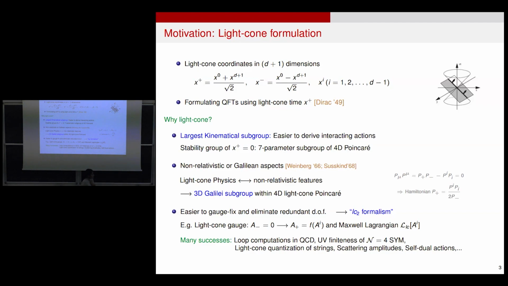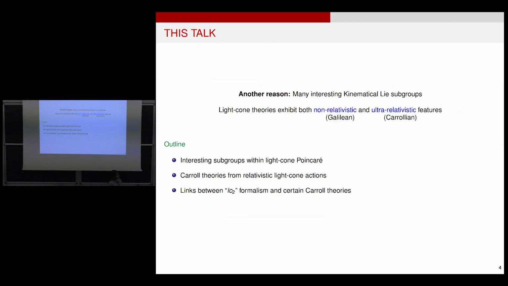For instance, in electromagnetism, we can choose A minus to be 0 and solve the gauge constraints and so on, and end up with a Lagrangian only in terms of the 2 degrees of freedom of the photon. And in the past, it has actually seen many successes in terms of loop computations in QCD or string quantization and so on. And in this talk, I will try to convince you that there is another reason, a fourth reason